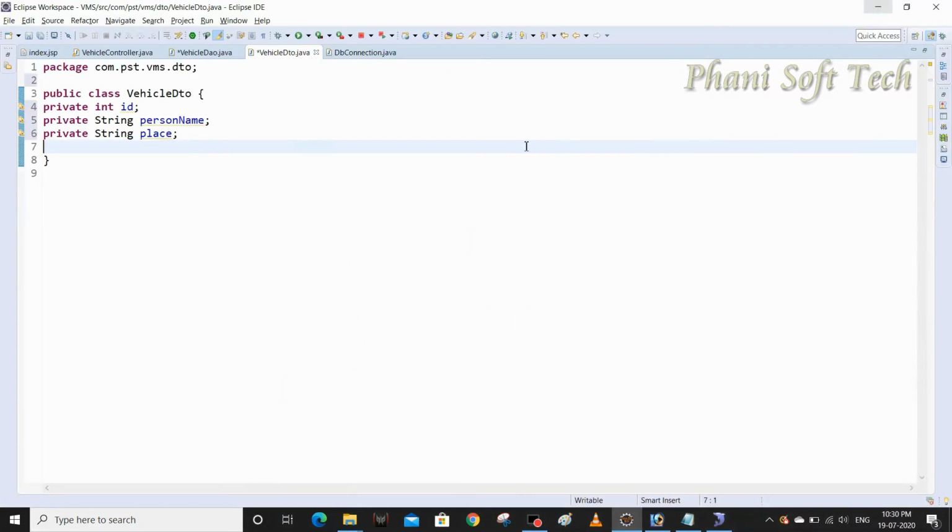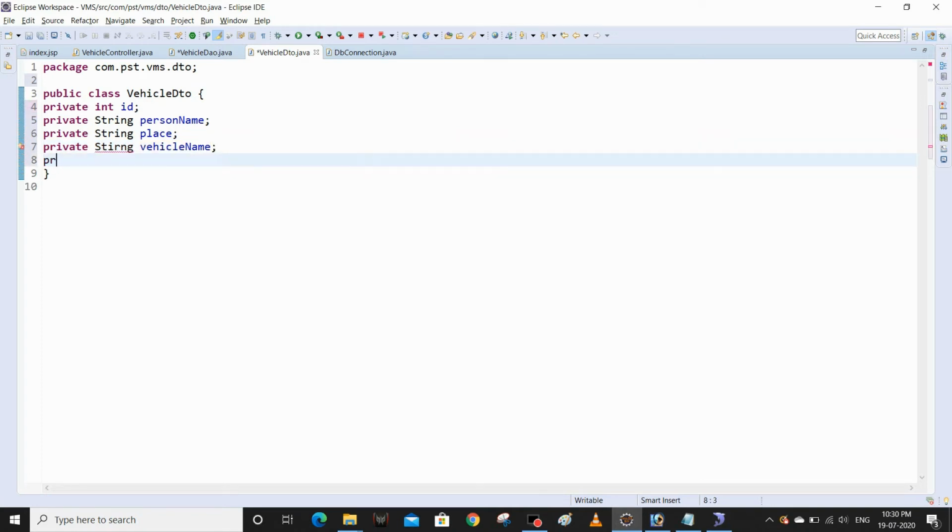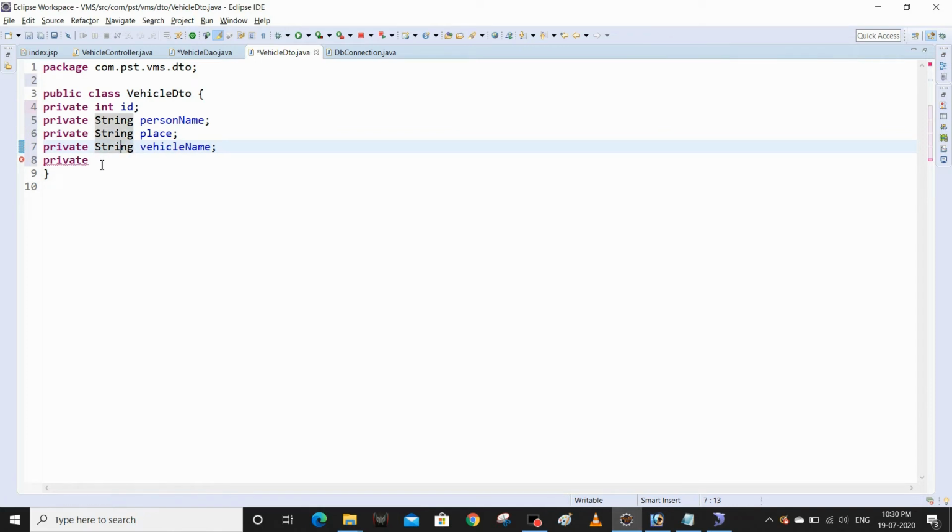Vehicle name and image: private String vehicleName. See guys, here some magic is there. For the image we would actually give a byte array, right? Because it's an image. But in this tutorial I'm not going to give a byte array, so this is a difference from the previous video. I'm going to give String.